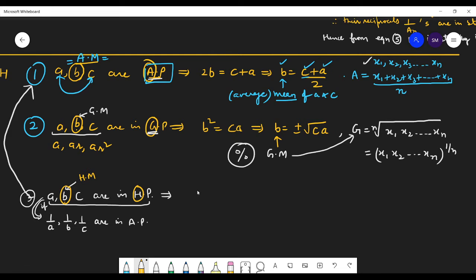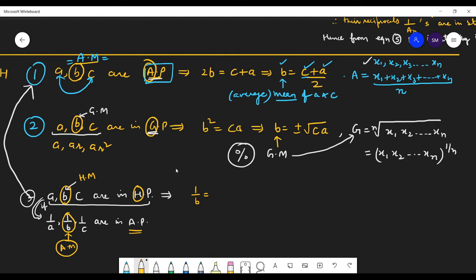Okay, so let us write. Harmonic mean, it means what? What is 1 by B, students? This is AP. So tell me, which mean is 1 by B? It is the arithmetic mean of 1 by A and 1 by C. Yes, 1 by B is (1 by A plus 1 by C) by 2. Very good, absolutely, students. Just be confident you are correct.